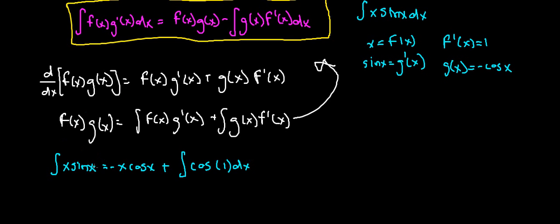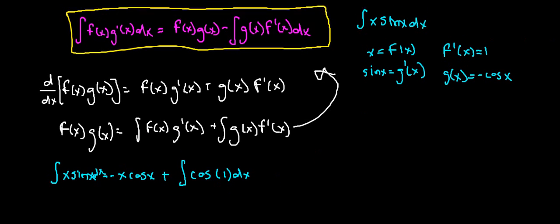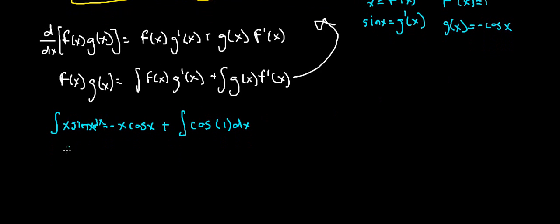Oh yeah, I should probably put the dx over here. Oh, it doesn't matter anyways. So this will just stay the same, and then I integrate this and I'll get sine. So this is equal to minus x cosine x plus